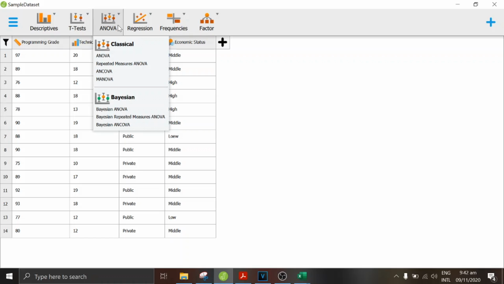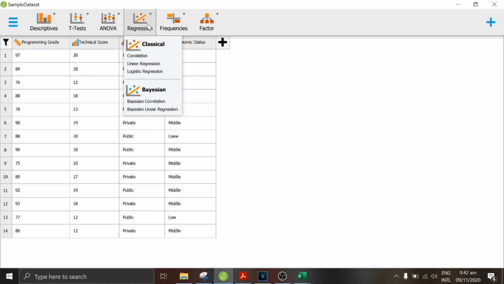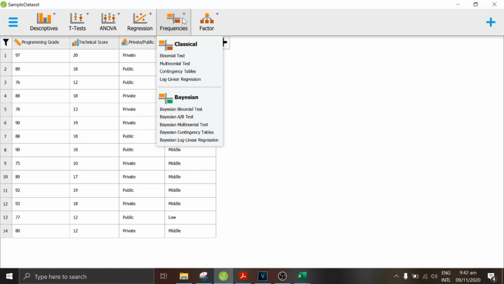In classical, we do have the ANOVA, repeated measures ANOVA, ANCOVA, and MANOVA. In regressions, we have the correlation, linear regressions, and logistic regressions. Frequencies: the binomial test, multinomial test, contingency tables, log linear regressions, and the Bayesian frequencies.